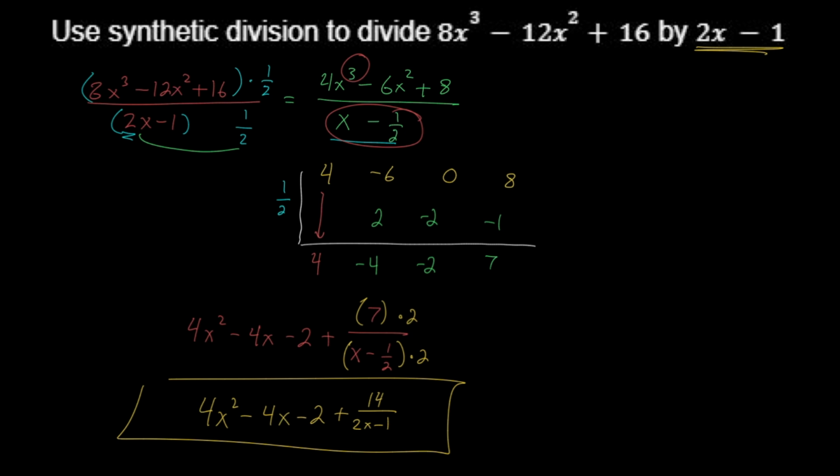There are a couple other ways to go about using synthetic division. I think there's only one other way of doing synthetic division with the leading coefficient not being 1, but this is just an example of it. And again, you can have fractions just about anywhere when you're going through this process. Oftentimes there are fractions right here. This particular one is whole numbers, just to make it a little easier for this part of the process. But yeah,